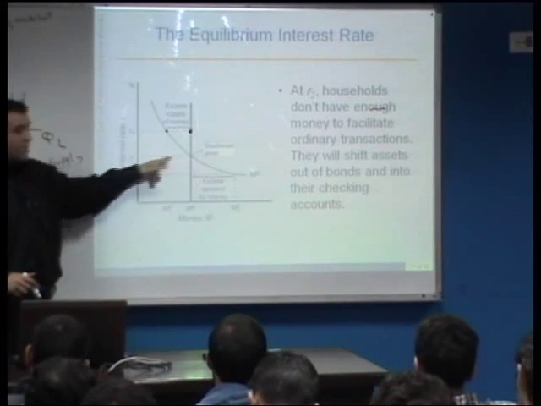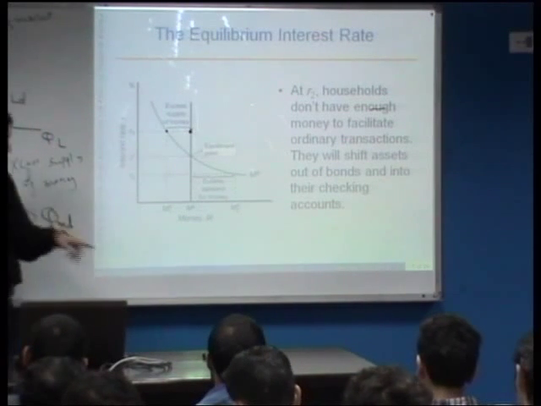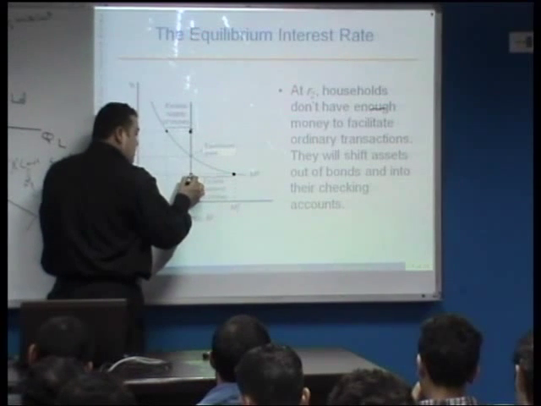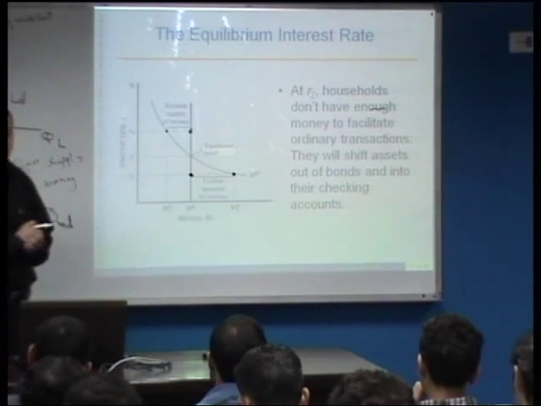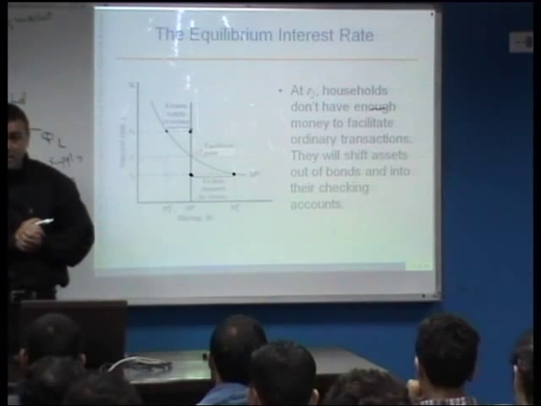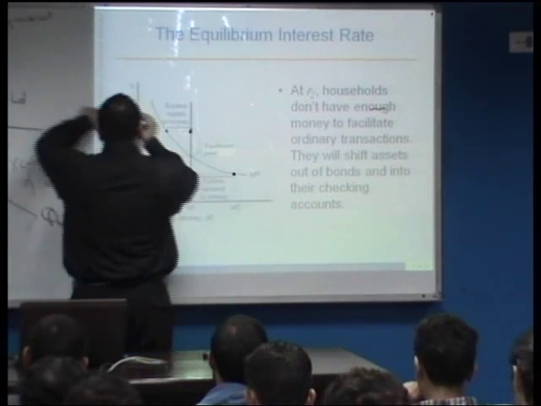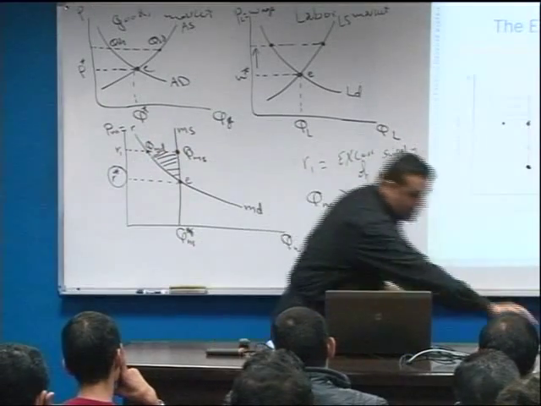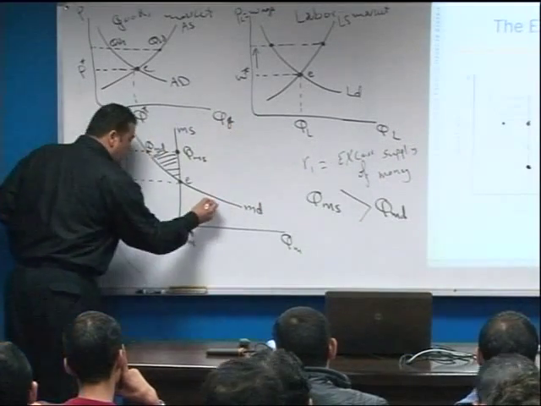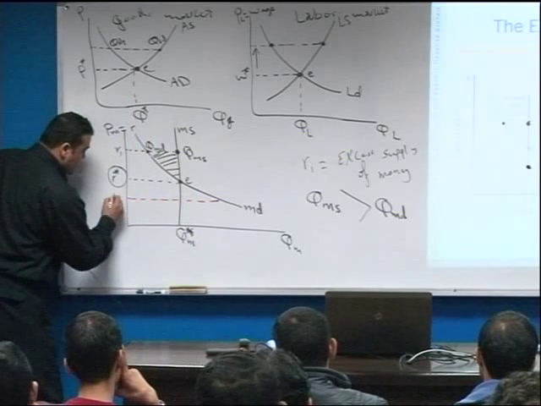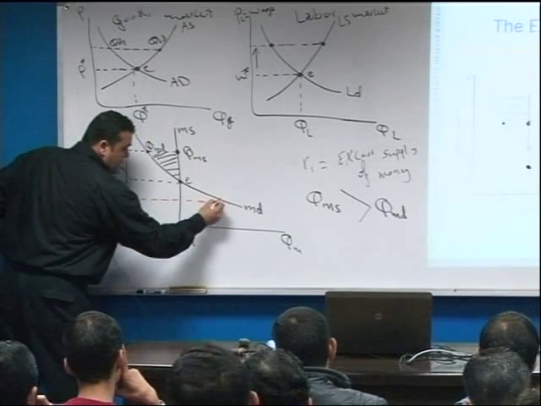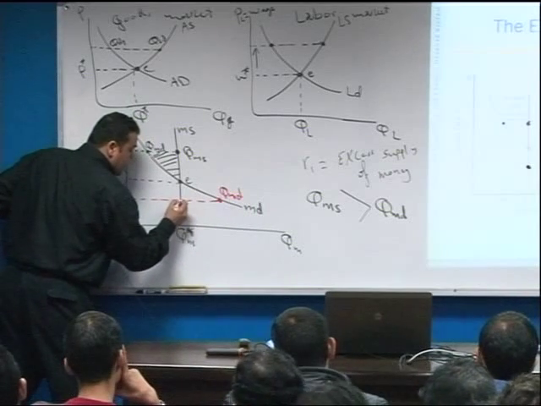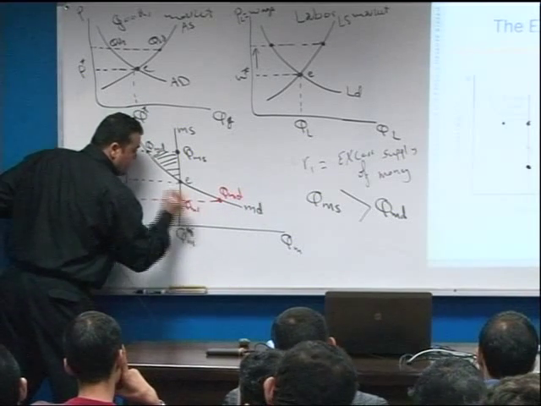if the interest rate is at R2, or is smaller than or lower than the equilibrium interest rate, what do you see? The quantity of money demanded is greater than the quantity of money supplied. صح؟ In this case, if we are at R2 here, what do you see? At R2, the quantity of money demanded is greater than the quantity of money supplied. So